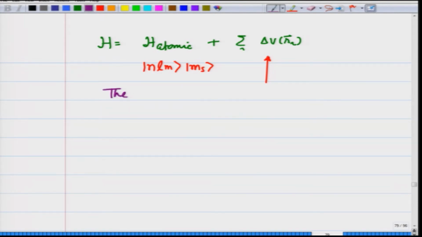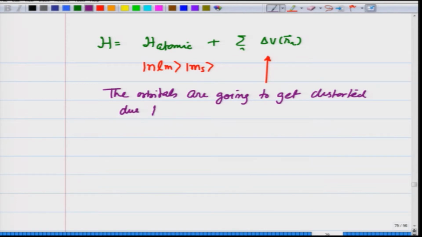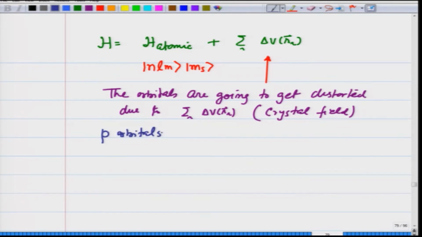The orbitals are going to get distorted due to summation of delta V(R_i), which is known as crystal field, and therefore, they may not remain eigenfunctions of the angular momentum anymore. For example, if I look at p orbitals, and this is often given as an example in the book, orbitals of H atomic, and let us say I take principal quantum number to be 2, then I have the orbitals of the form